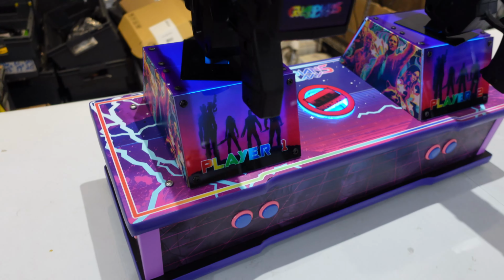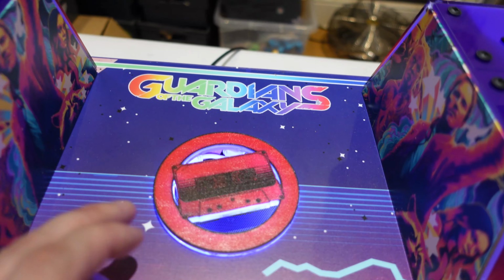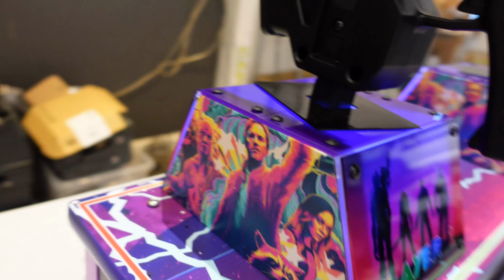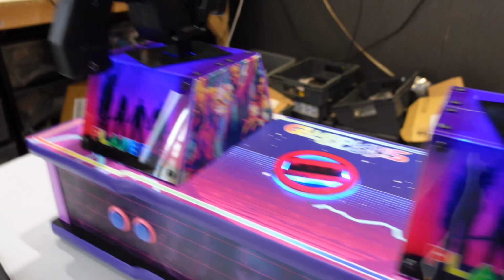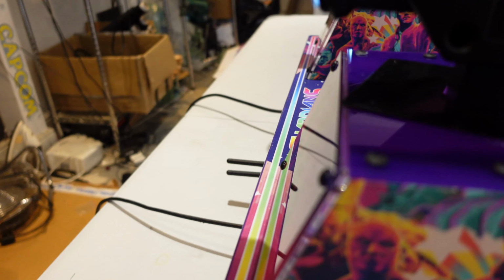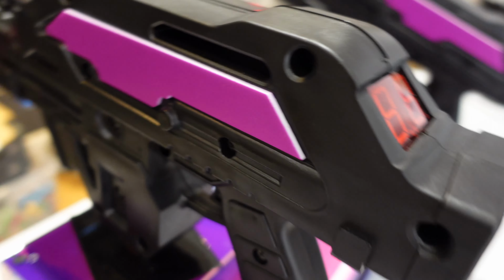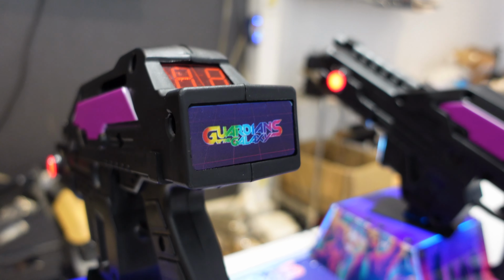Right, so across your control panel there, we have that synthwave style artwork. And then we have the Guardians of the Galaxy logo there with Star-Lord's tape cassette as the custom grille. Down the gun mount side rails, we have the Guardians of the Galaxy images repeated throughout the unit. And then for player 1 and player 2, we have those custom printed acrylic pieces. On the sides of the guns, we have the custom printed side rails. We also have that back badge with the Guardians of the Galaxy logo there and that synthwave background